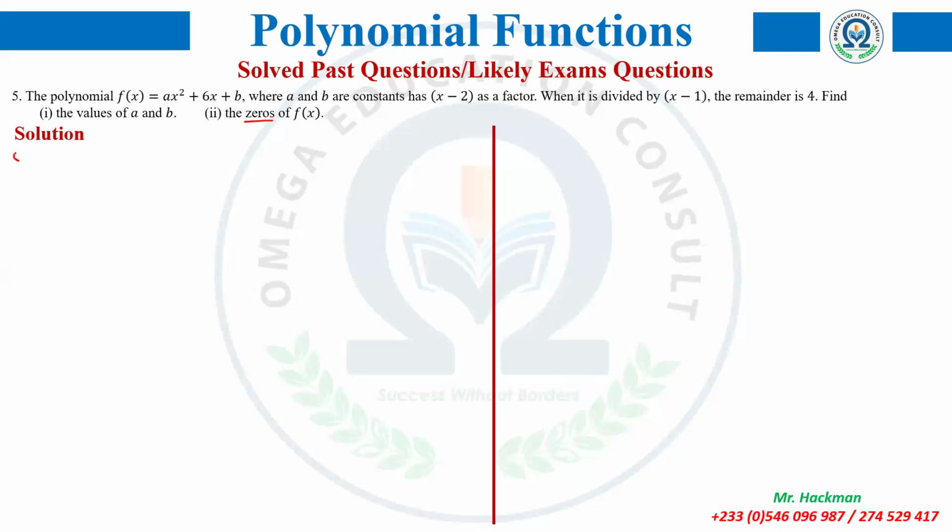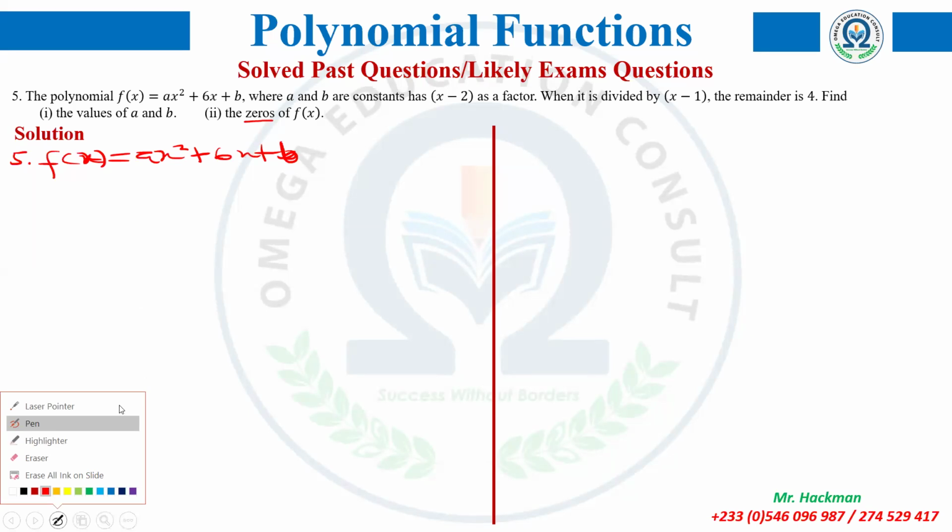So now the solution to question number 5. Given, thankfully the polynomial came with a name. You can ignore the given, but you cannot ignore extracting the polynomial, which came with a name: ax squared plus 6x plus b. So let's see what is going to happen. Now you can see that you have two unknowns, so obviously we have to give you two divisors, either directly or indirectly, for you to deal with it. Let me clear this